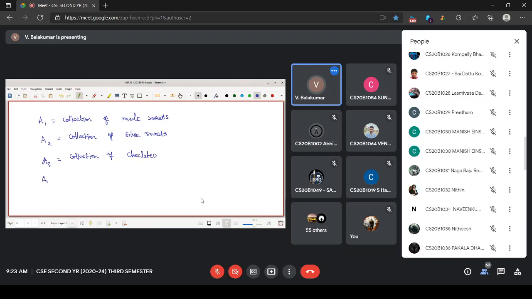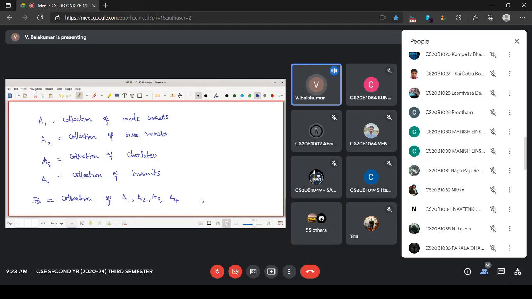What else will be there? Then collection of spicy items also will be there. Collection of biscuits, let us say. Let us come to that itself. So if you visit a bakery, that bakery is having so many items, which are actually collections of this, and the third one, and also biscuits. Then only all those items formulate the bakery.